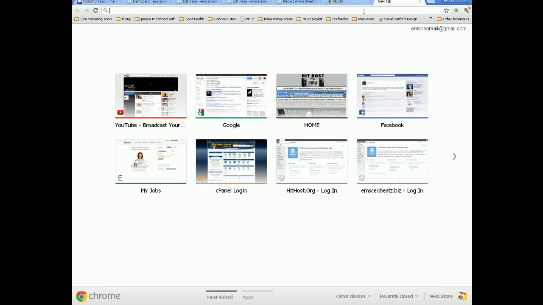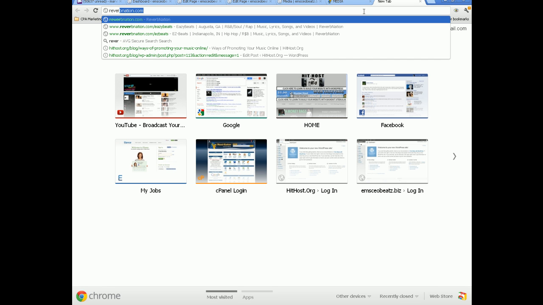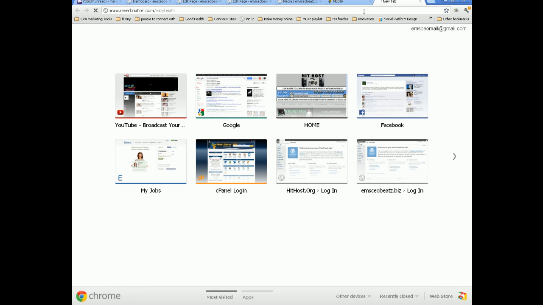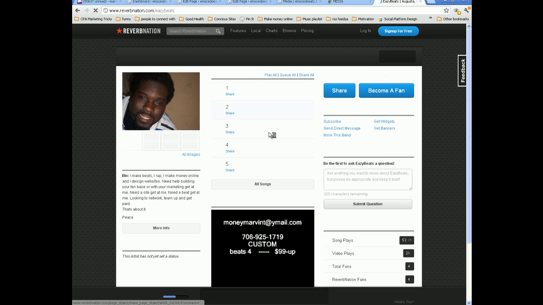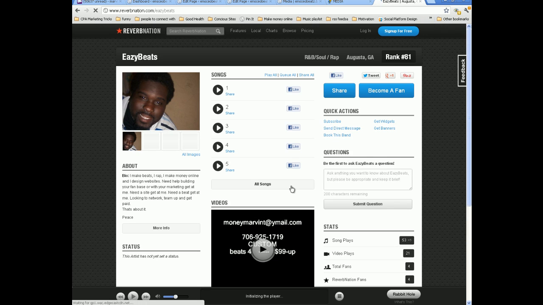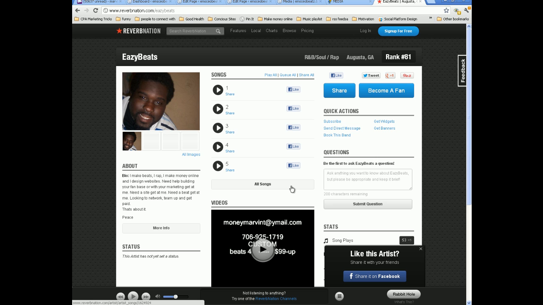So basically what I'm going to do is go to my reverbnation.com/easybeats page, and it's going to pull up my page there, and then this will work for any site that will allow you to embed a player, okay? Or if you wanted to embed YouTube videos, all you have to do is grab the code, click on embed or click on share, grab the code, and then you place that code on this page. That's all you have to do. All right, so